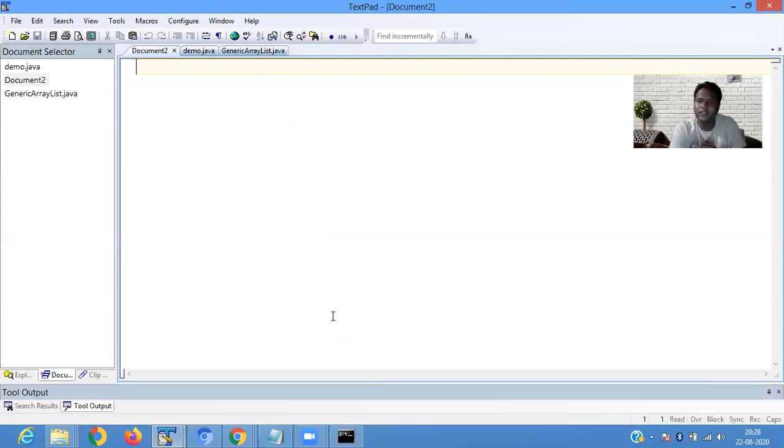Suppose I give you a task to add numbers, subtract numbers, and multiply numbers. If you write everything in the same program, it makes it complex, so you break the program into smaller methods, like an add method, a subtract method, and a multiplication method.